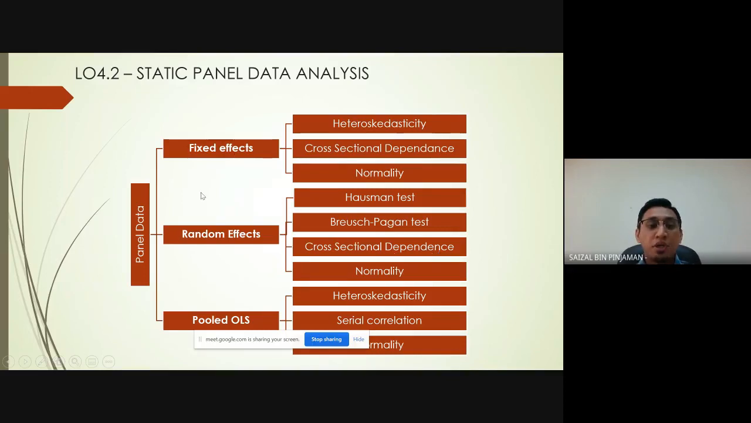Similar to fixed effects model, in the random effects model, we also assume that the error term to be non-correlated across entity. And we also assume, similar to fixed effects model, in a random effects model, we also assume the error term or residual to be normally distributed. In a pooled OLS, we also have quite similar assumption or diagnostic test that we have to conduct whenever